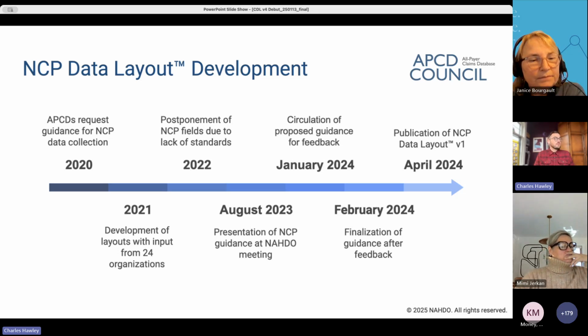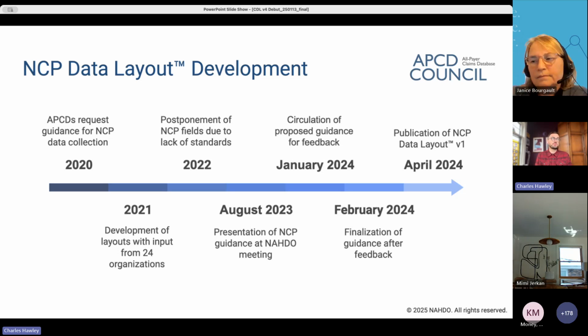So in 2020, APCDs that were required to collect non-claims payments asked the APCD Council to develop guidance as part of the first APCD-CDL maintenance process, which was back in 2020 that Janice mentioned. And during that time, the committee established a work group to refine requests for the next maintenance cycle, including non-claims payments data collection guidance.